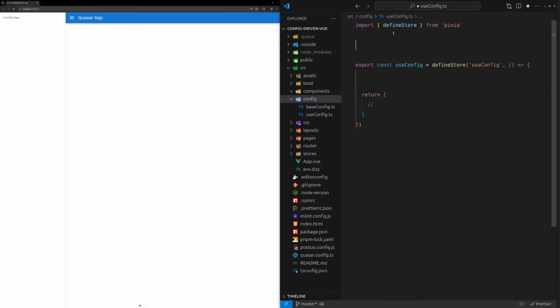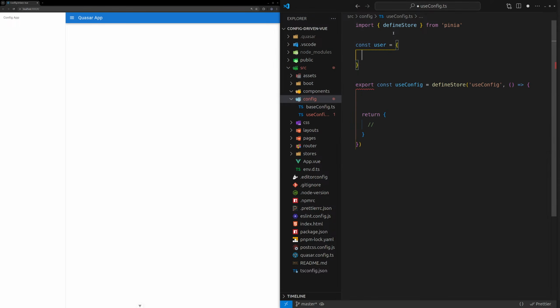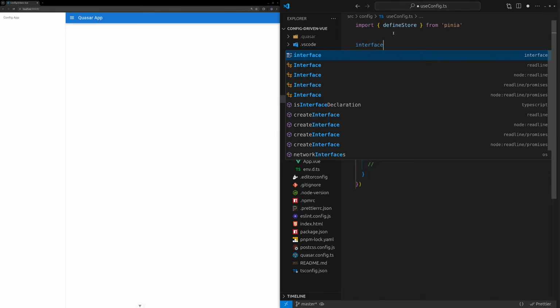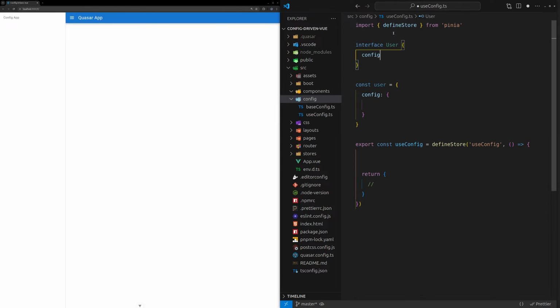And let's just imagine we have a user object here, const user. Later on, we're going to make this a bit more realistic. And that user comes with some configuration. And we might even do some typing up here. So we can say interface user. And that user has got some config, which is equal to,